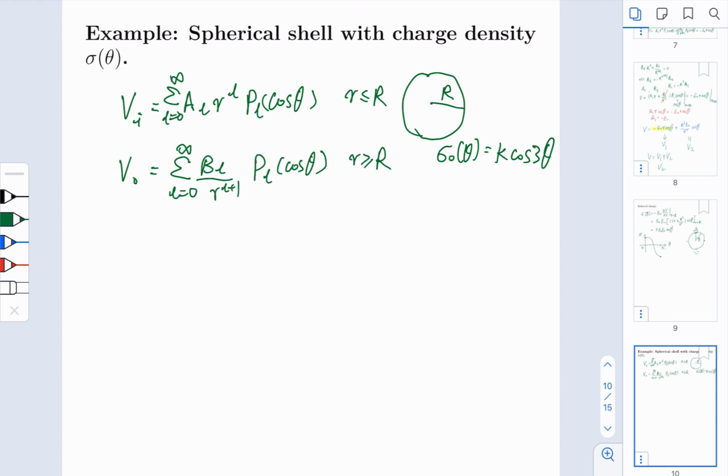So one condition is that the potential must be continuous. So here V in at R equals capital R must be the same as the V out at R equals capital R, which means that here the AL